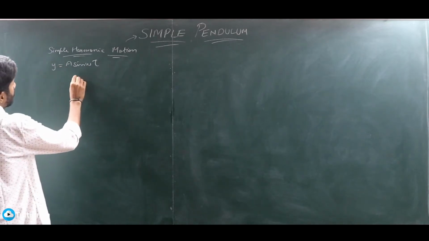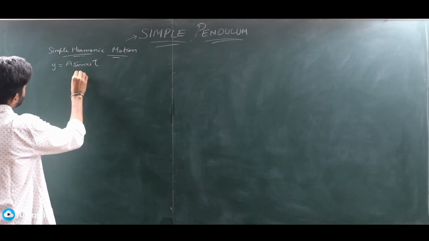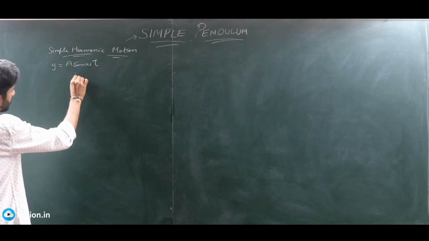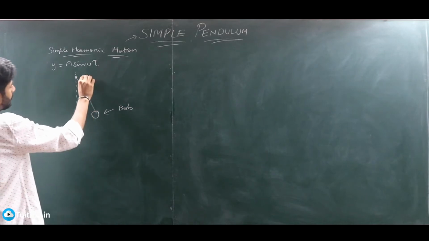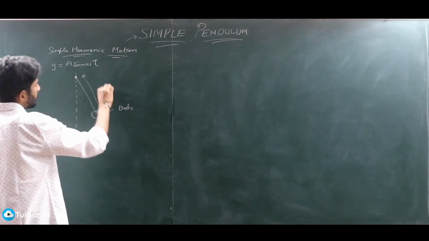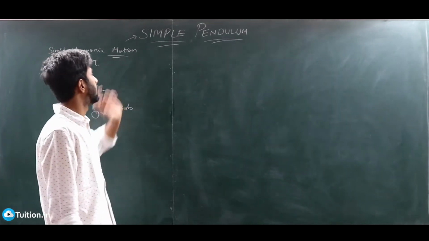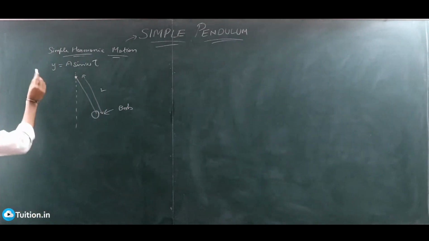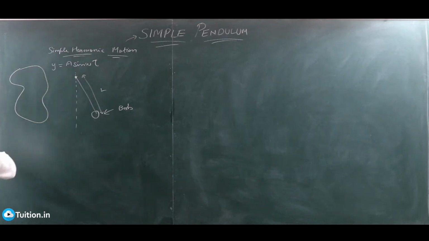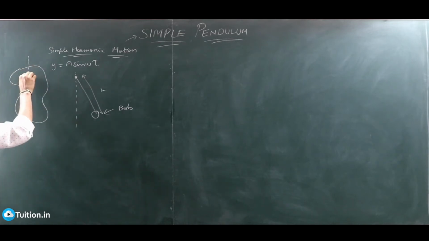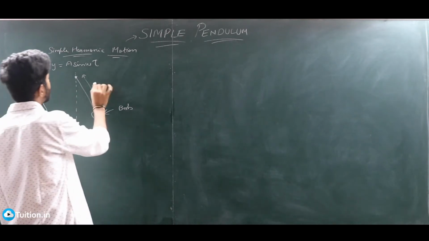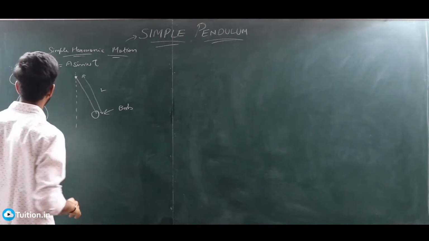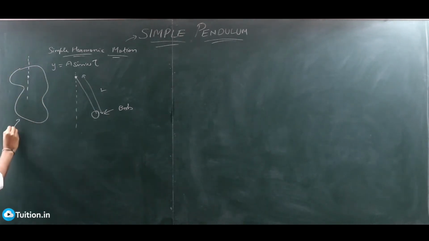So how a simple pendulum looks like is, from a point we suspend what is known as a bob by a thread of some length L. By the way, there's a reason why this one is called simple pendulum, because there are lots of other pendulums. If you have an object of this sort, and if I pivot it from this point, this can oscillate about this axis hinged at this point. But this won't be called a simple pendulum. A simple pendulum is something which looks like this, which has a string attached of a certain length and has a bob attached to it, right? And this will be called a physical pendulum.